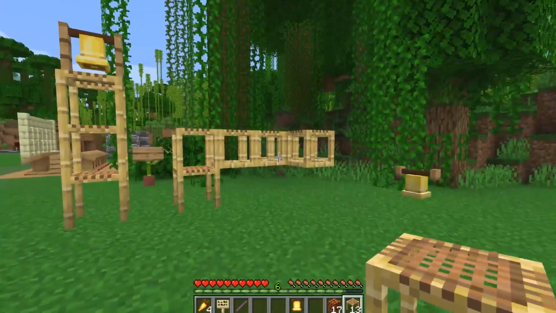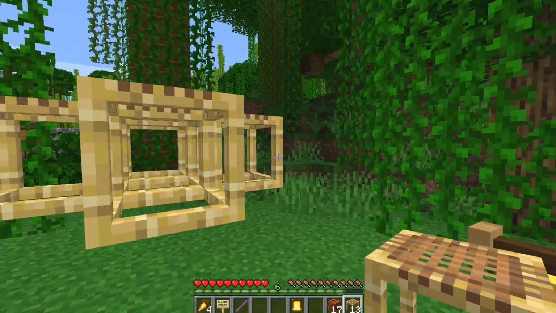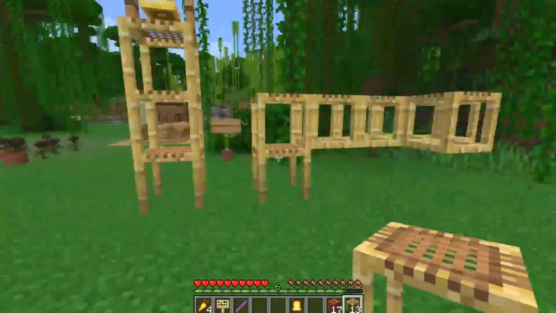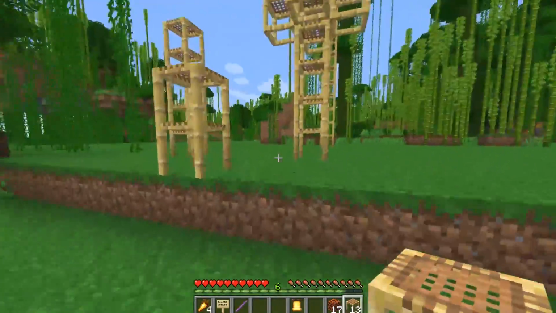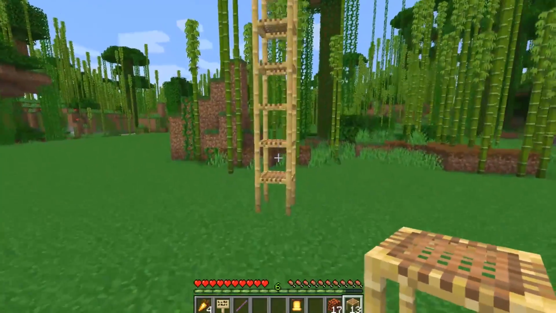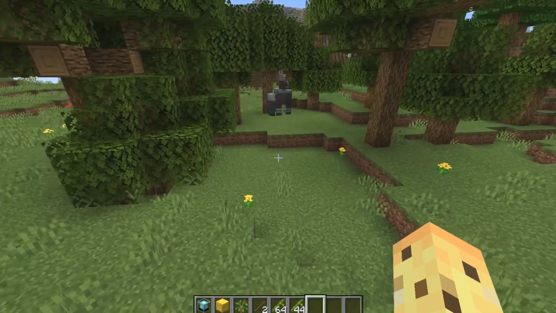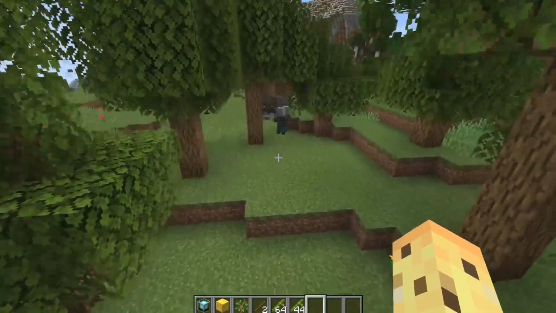However, if you're not a builder, the uses are pretty limited. Also, if you're a creative builder, the uses are near nothing besides bell towers and the like. So yeah, keep that in mind as we move on to the third big feature in this update, which is Illager patrols. So an Illager patrol, in case you don't know too much about them, is a mob event that